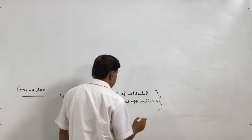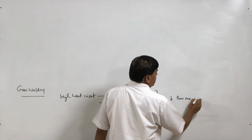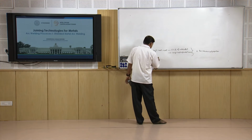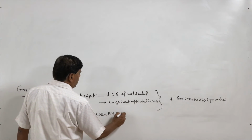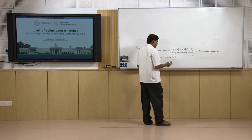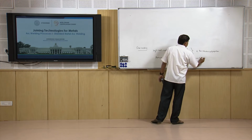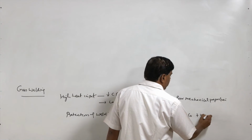So, these two factors actually contribute towards the somewhat poor mechanical properties. Apart from this, one more aspect that adversely affects the mechanical properties of the gas welded joint is that the protection of the weld pool is not as good as in case of, say, shielded metal arc welding or gas metal arc welding or GTAW processes. It is not very good, because the air or atmospheric gases and the flame having CO2 or CO in case of incomplete combustion, all these gases will be interacting with the molten metal,